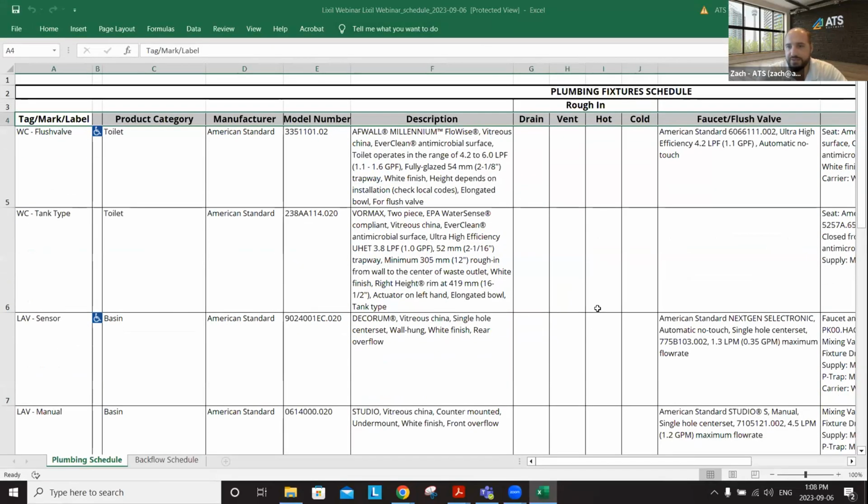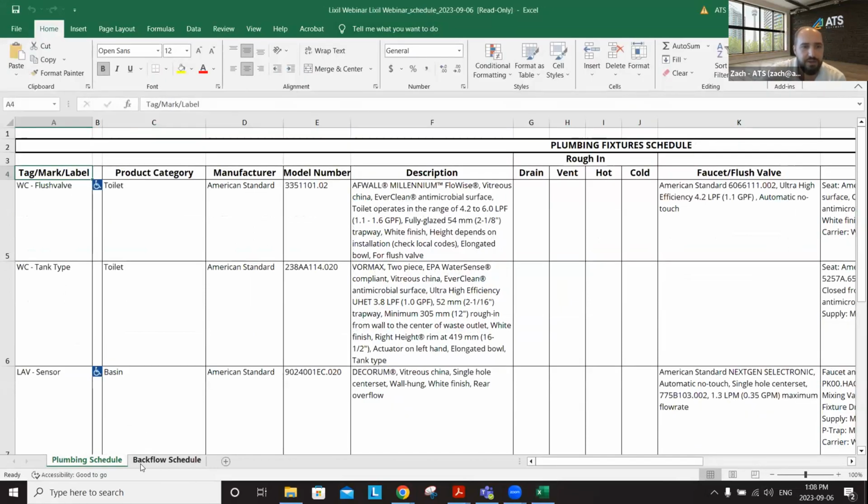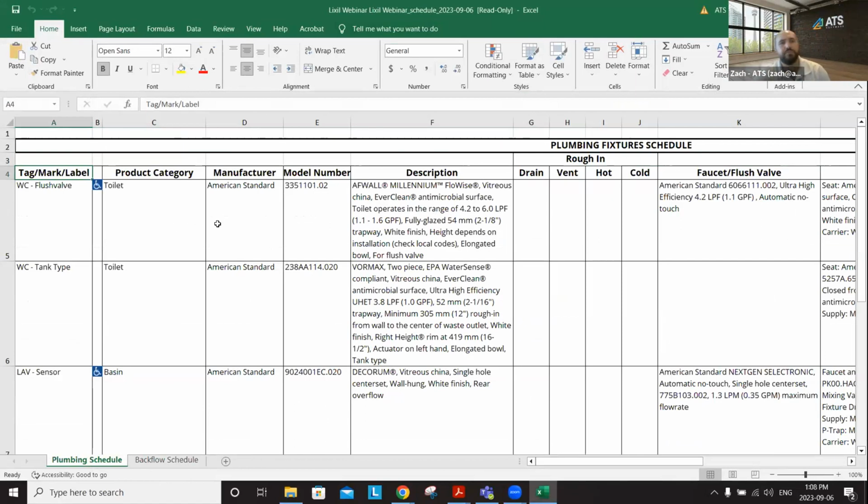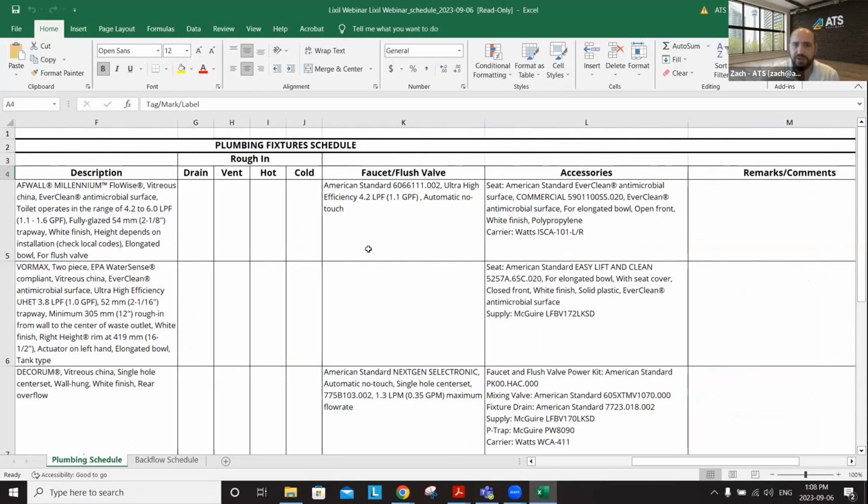Now, one of the nice things with the Excel schedule is it's actually broken down by different applications. Let's see if I can move this bar. I don't know if you guys can see that. So I've got my plumbing schedule, backflow schedule. That's because we've got different products in here, the valves, the vacuum breakers that are part of the faucets. But if you had accessories, that breaks down as a separate tab. A pump in the project, your drainage in the project, your water heater is all going to download as a separate schedule with column headers that match industry standards. So you've got all the information available here, and all of our formats, as we mentioned earlier, everything's